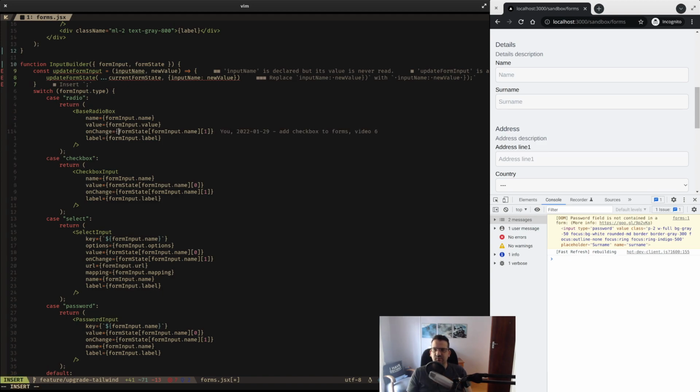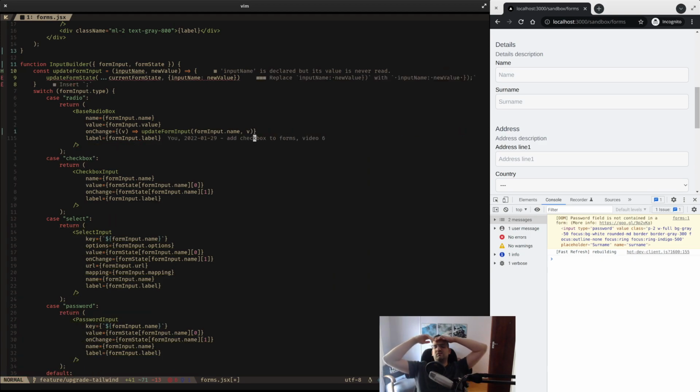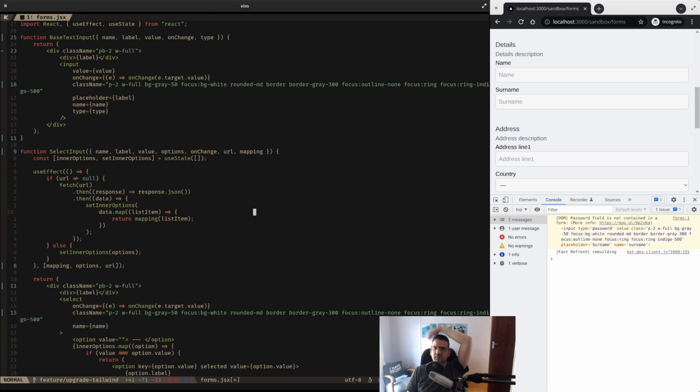And then on this on change, what we do is we say, okay, well, take the value that we get here, then call update form input, take the form input dot name, and put the value in there. Because that also makes the input not have to care about the form state. So the input can actually stay unmodified. The reason why we'd like that is that if we keep it free of the context of anything about the form state, then it's more reusable, right? If it only knows about a name, a value, or an on change that it needs to call, and the type that it needs to be,